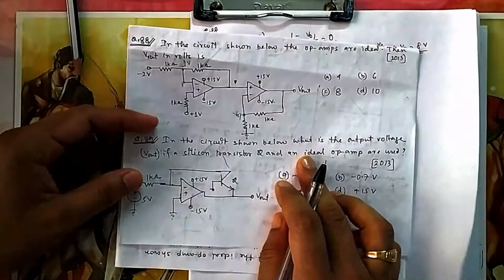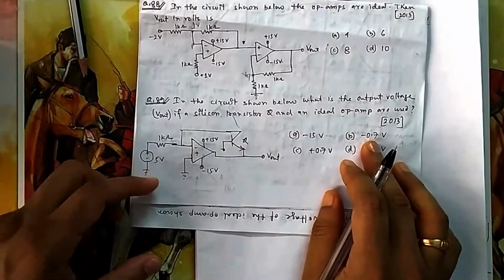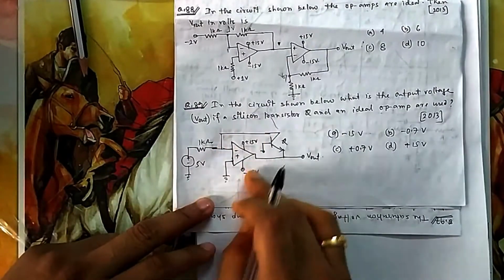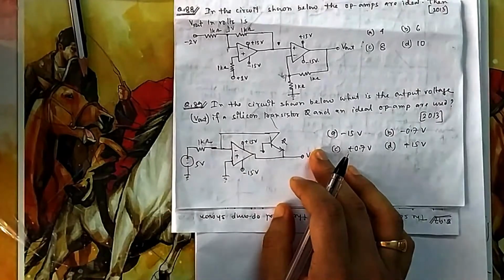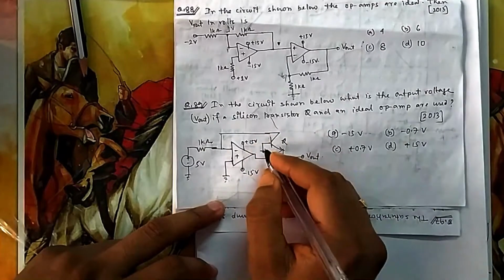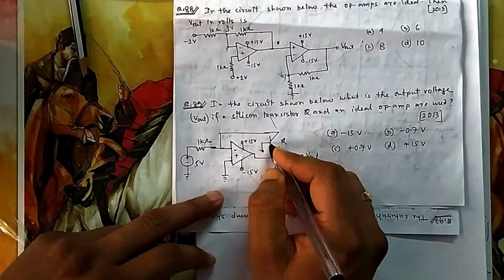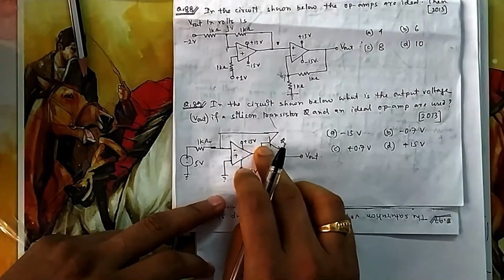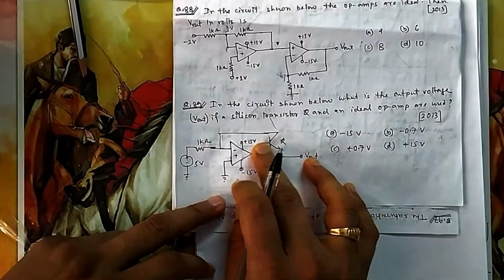In the circuit shown below, what is the output voltage V out, in which the silicon transistor Q and an ideal op-amp are used. Okay. Now if I start with, I have given 5, and this is a standard negative feedback. So here it is 0, so it should be 0. You can think of that way. Now let me think about the transistor, because it is 0. Initially I am thinking nothing is coming, so it is 0 at the base. It is not getting any voltage, so it is not on. Let me think it is off now. Okay, Q is off now because no power in the base.